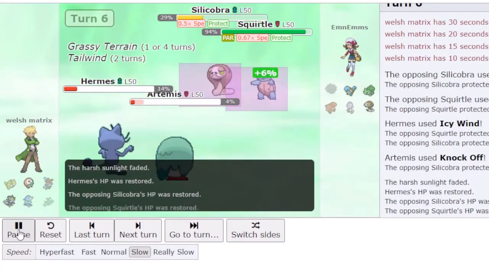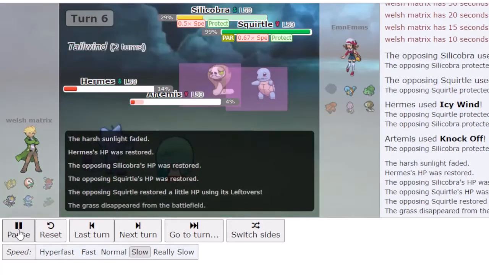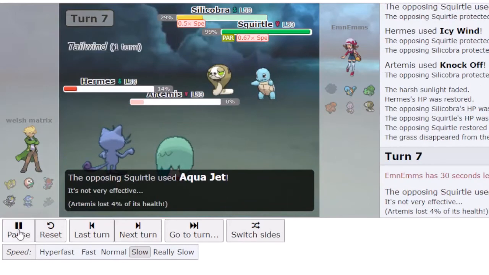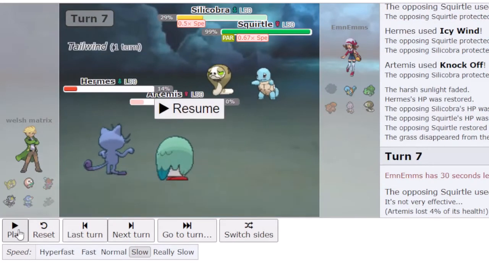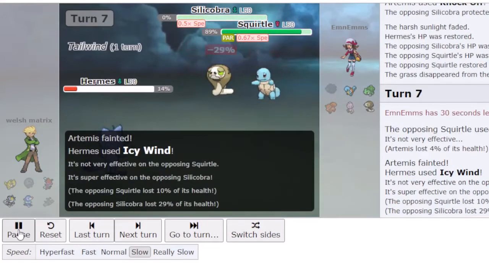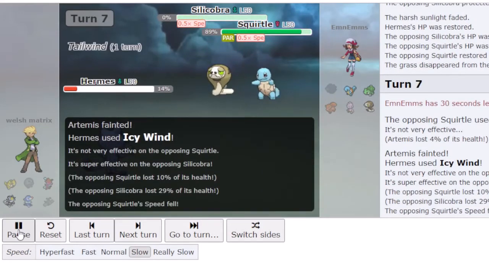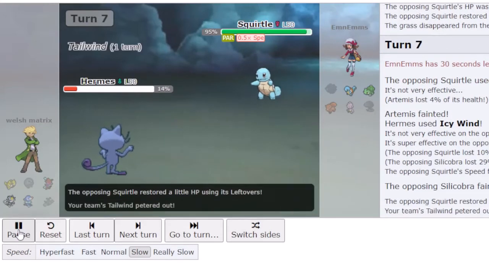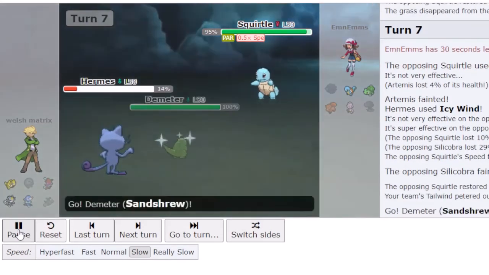So yeah. And then here is where I'm kicking myself, that I didn't bring Shadow Sneak on the Rowlet to at least just chip down the Squirtle a little bit, or chip on the Silicobra, but it wasn't too big of a deal. Icy Wind picks up the KO on the Silicobra, lowers the speed of the Squirtle. The Squirtle's really slow, it's paralyzed. I just kind of hope that it gets the full power off at some point,